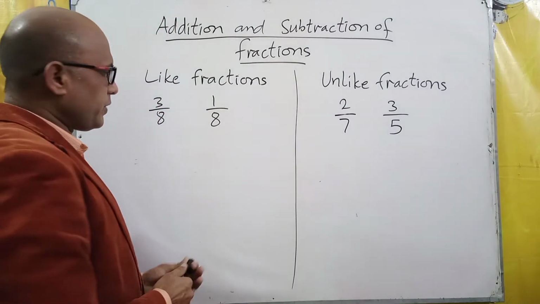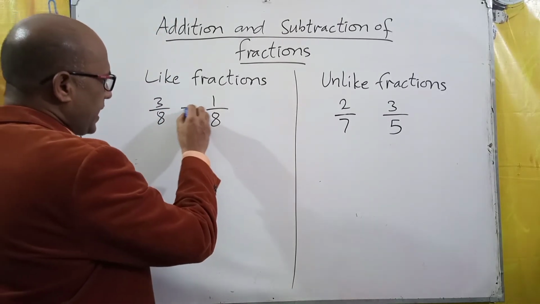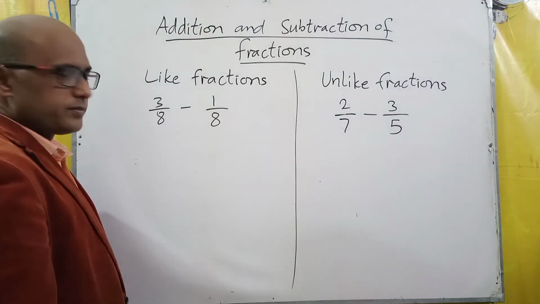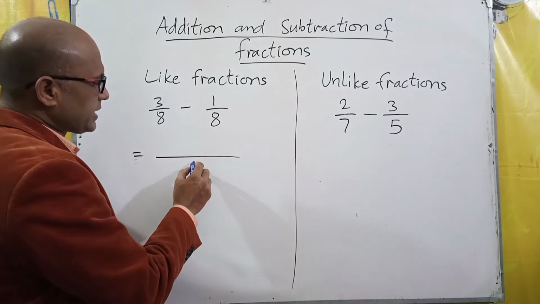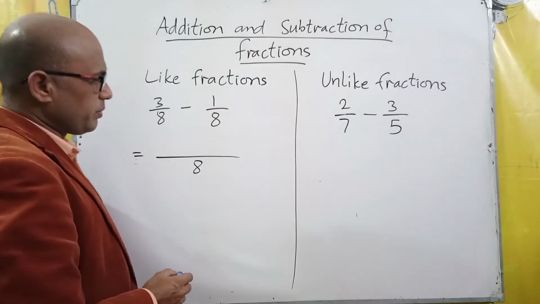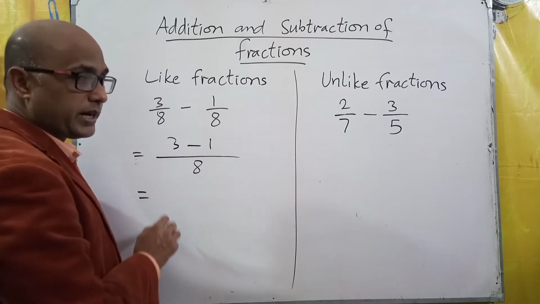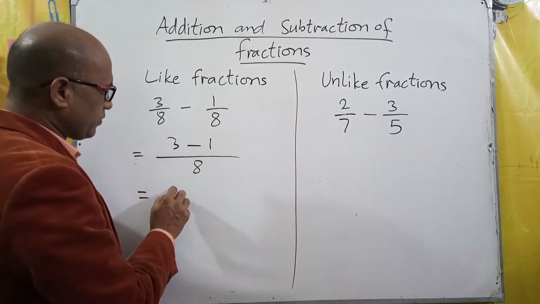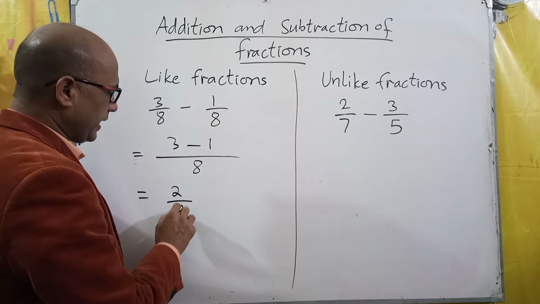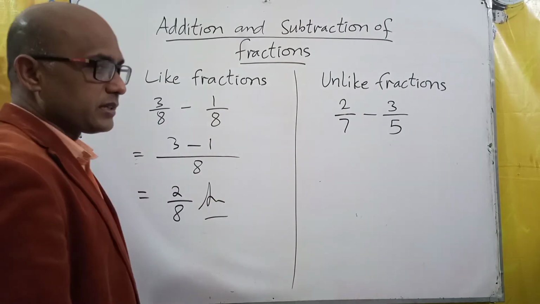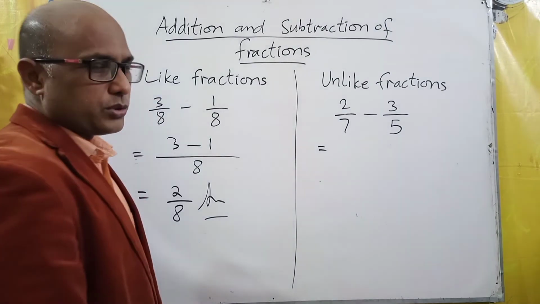So students, if we put minus sign between these fractions, what will we do? The method is a bit same. 8 will be written as it is, 3 minus 1 will be written in the numerator, and we'll subtract them, we'll get 2 by 8. This is how to subtract like fractions. And check how to subtract